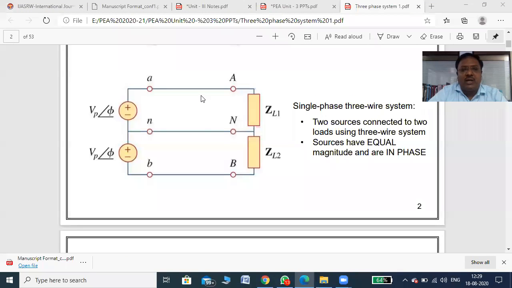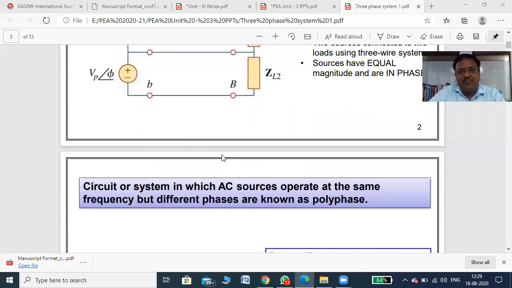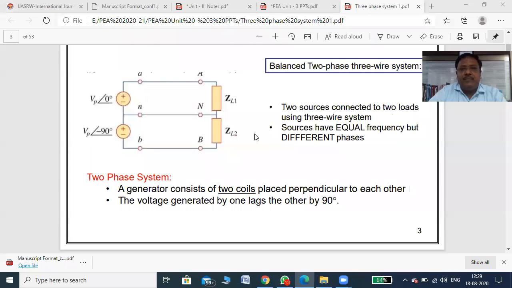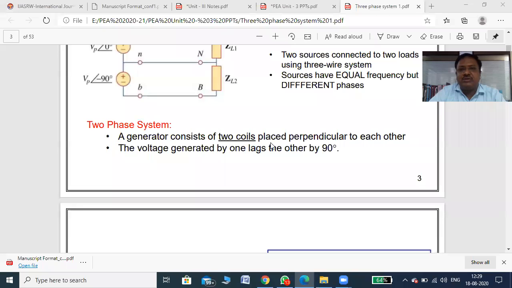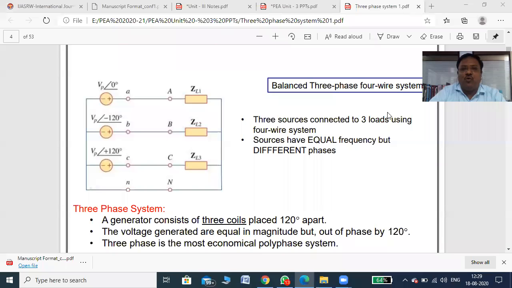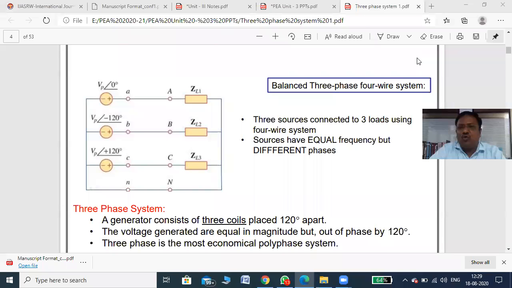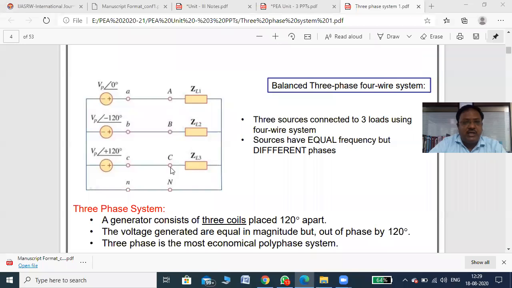Then the second figure, you can see, is a three wire system basically, two phases A and B with respect to neutral. Already we have seen the dual power supply in our lab, that is plus minus with a ground, right? So this is the two single phase three wire system. Then two sources are connected to the load. That is a balanced two phase three wire system, same. Now it's a three phase four wire system, right? See phase A, phase B, and phase C with respect to neutral. So this is a three phase four wire system.